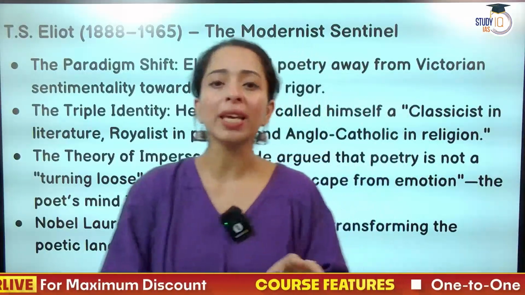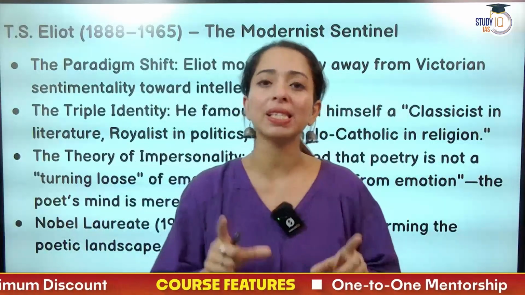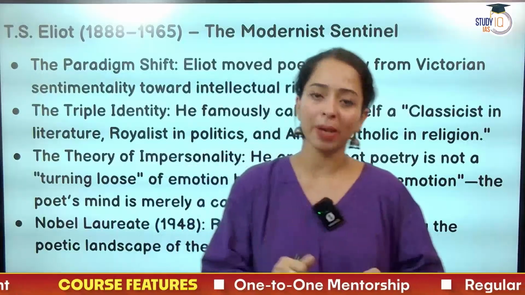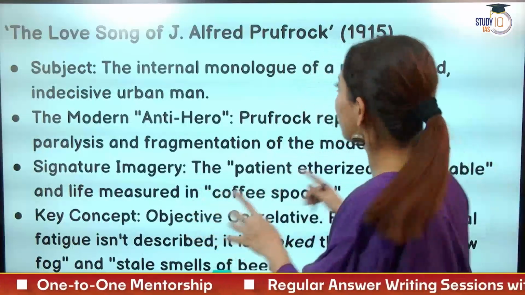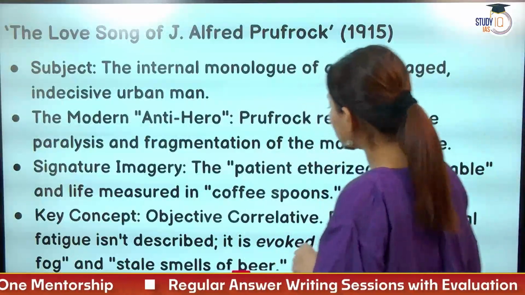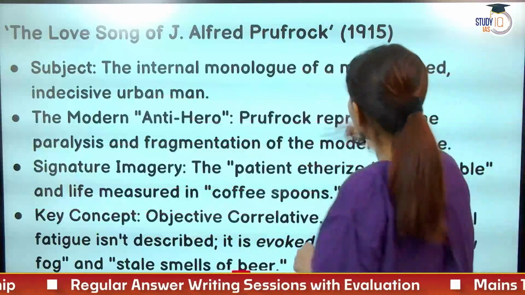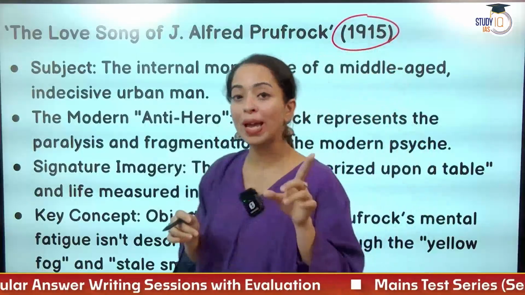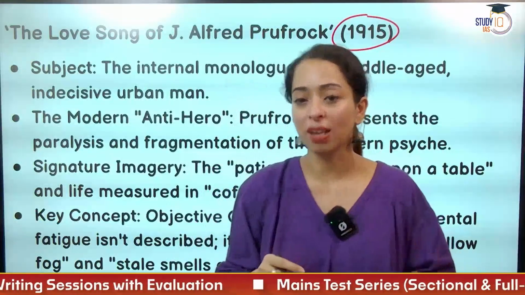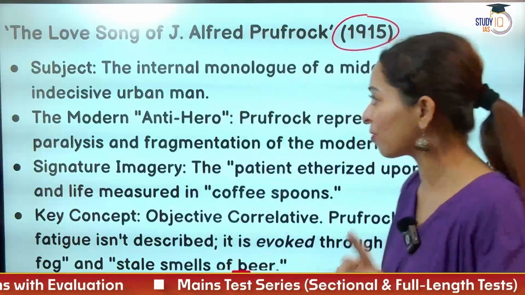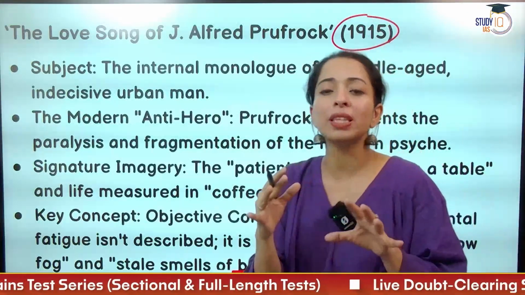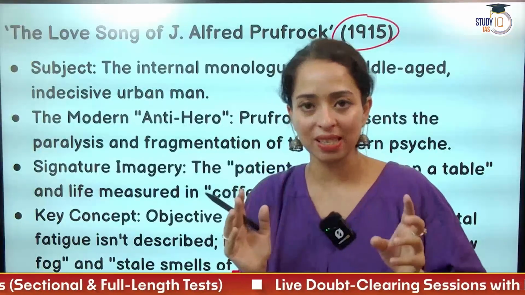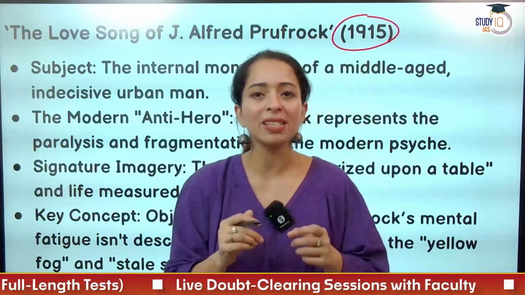Now we will be looking at specific poems जो कि UPSC English Literature के optional course में included हैं. So the first poem that we have is The Love Song of J. Alfred Prufrock, written in 1915. Remember this year, guys, this was the year where the First World War had just started, 1914 to 1919. Remember First World War? The Love Song of J. Alfred Prufrock is replete with the theme of existential crisis. Why are we in this world? What is the purpose? And of course,